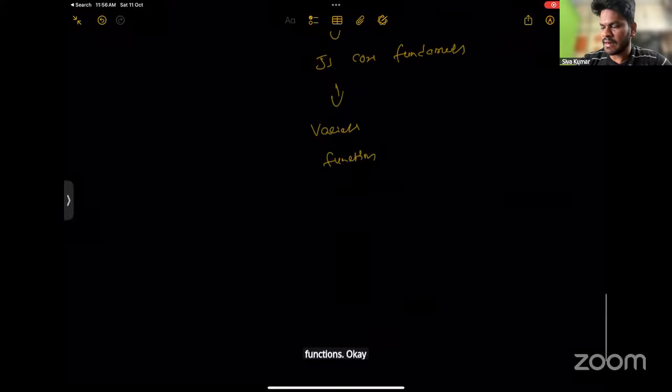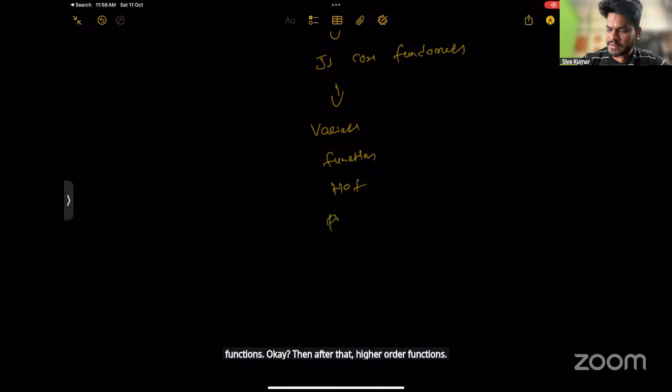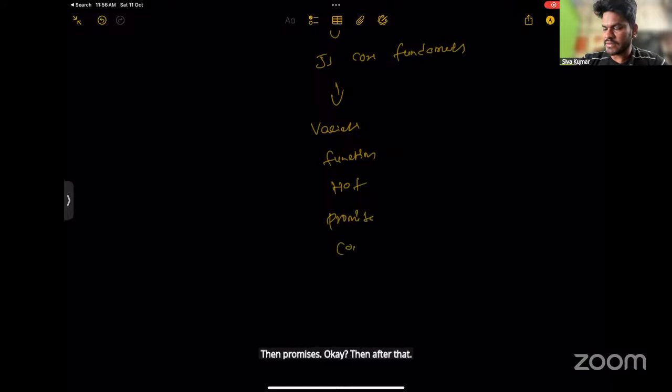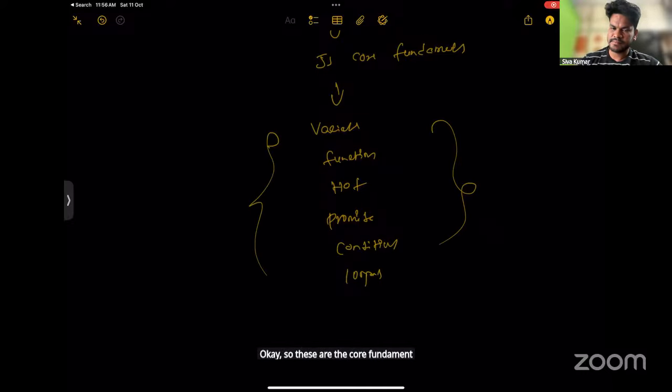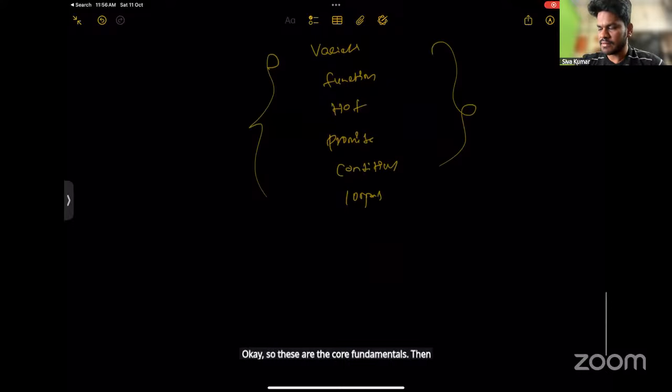Then after that, higher order functions, then promises. Then after that, conditionals and loops. So these are the core fundamentals. Then after that, go with the ES6 features.